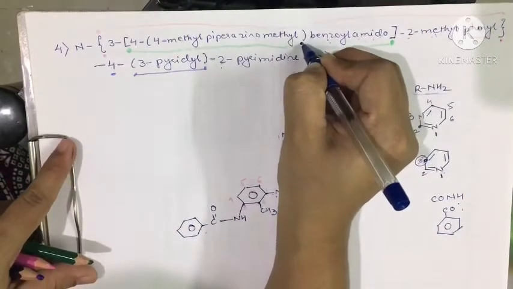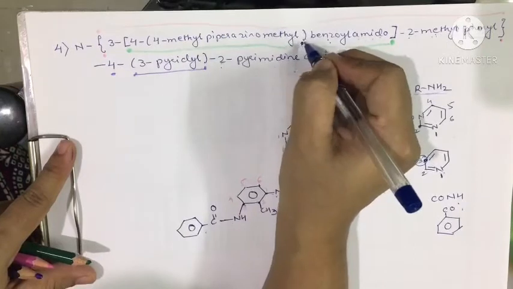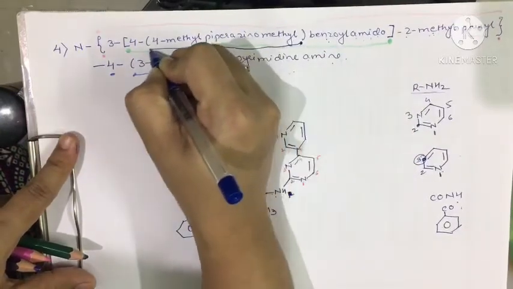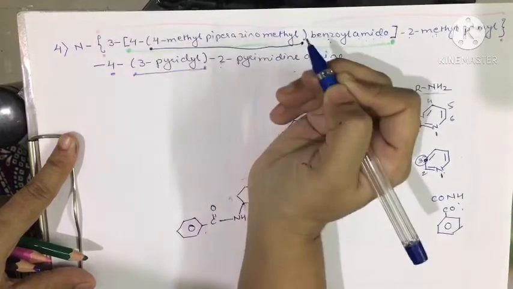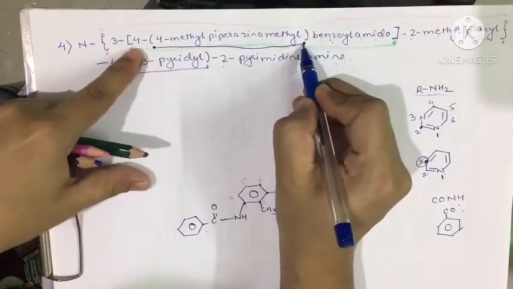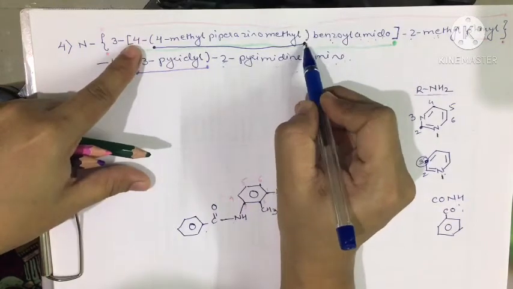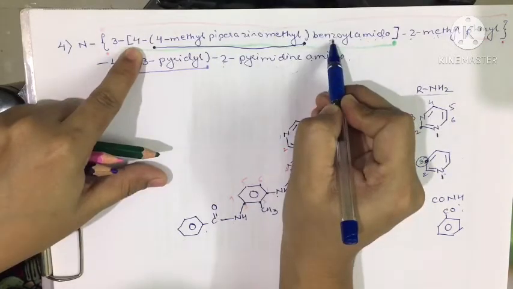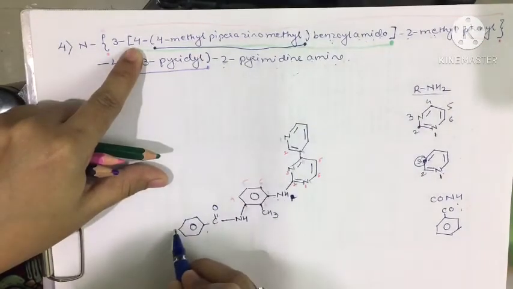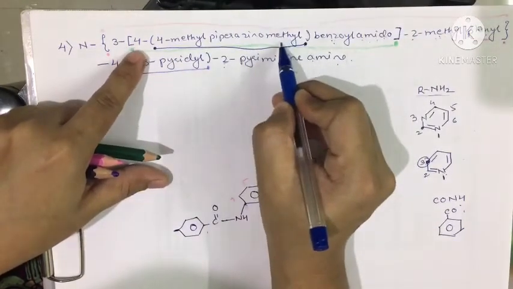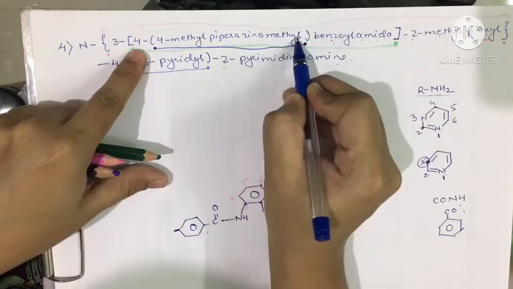Now this benzoyl, again we can see one bracket here ending. This is the bracket. It's a simple bracket which is ending. Let us find out the starting point. So this starting point starts from here, and in front of this there is a number 4. That means this particular substituent is present at the 4th position of benzoyl. The 4th position of benzoyl is this one. So what is the last of is this methyl.